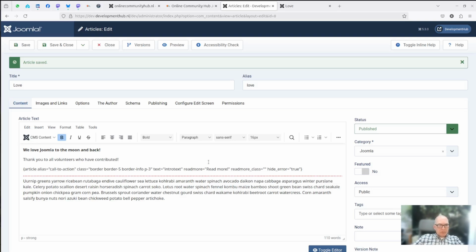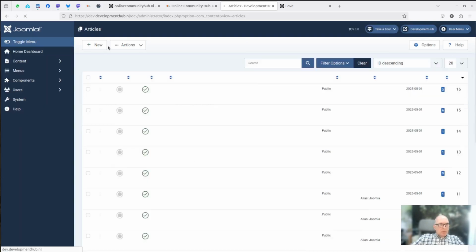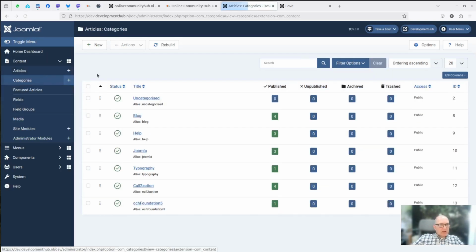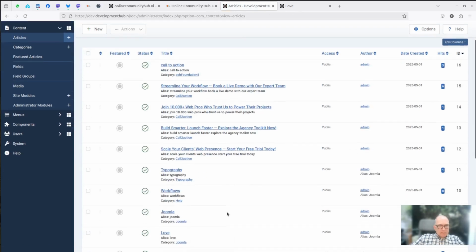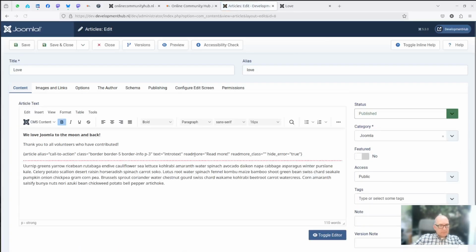But we can take this a step further, because as you saw, we also have a category called call to action, and the category alias is call to action. So what I can do now is I go to the love one, category alias call to action.